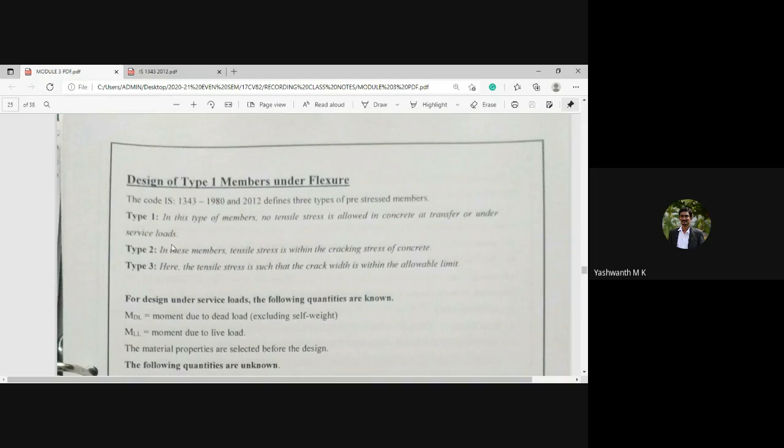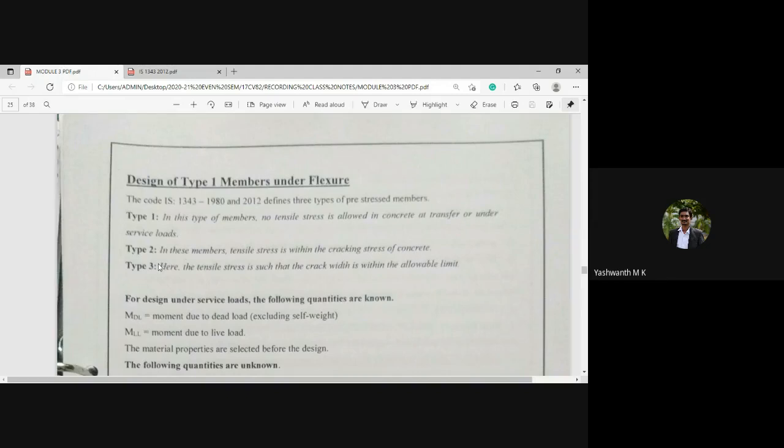Next, what is a type 2 member? In this member, the tensile stresses that will be developed are within the cracking stress of the concrete. That means it may initiate a crack, but those cracks will be within a certain limit. That is called within the cracking stress of concrete.